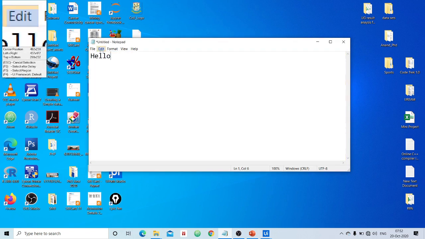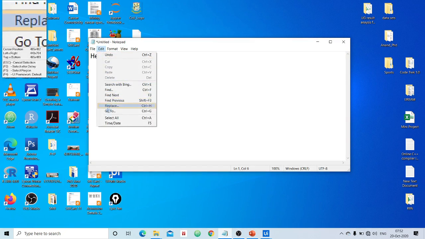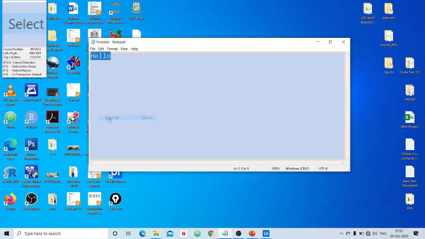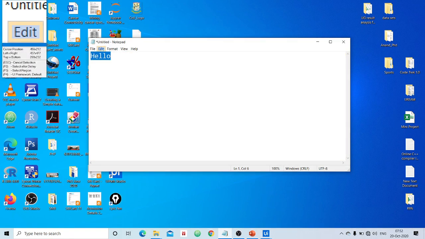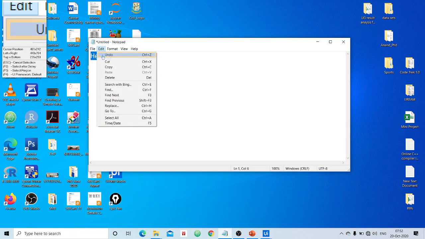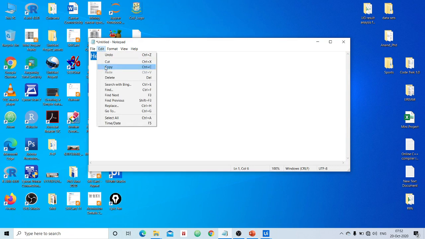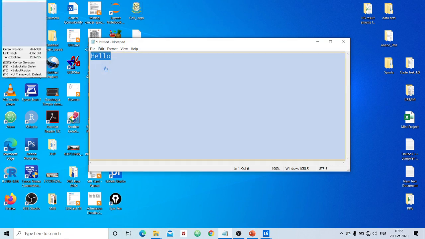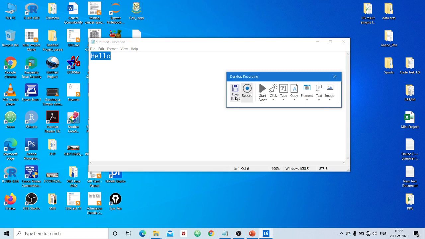Then it has to click on edit, then click on select all. Then it has to click again on edit and perform the copy operation. Now you have successfully copied the content in the notepad to the clipboard. Now I will press the escape key and we shall stop the recording.